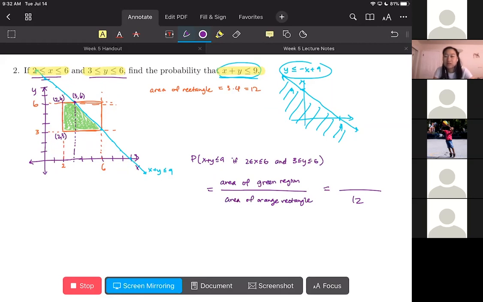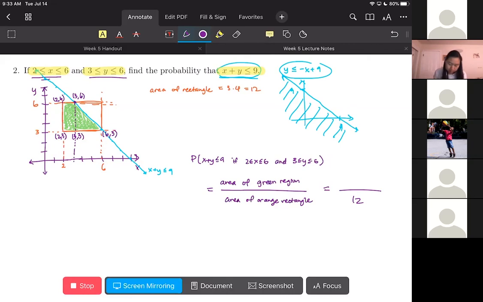You're close. So whoever was talking earlier, you were talking about how we need to calculate the area of the triangle. So how do we calculate that? The area of the triangle is half the height times base. We know the height is 3. We know the base is 6 minus 3, so 3. So 3 times 3 is 9. Half of 9 is 4.5. So 4.5 plus the 3 for the